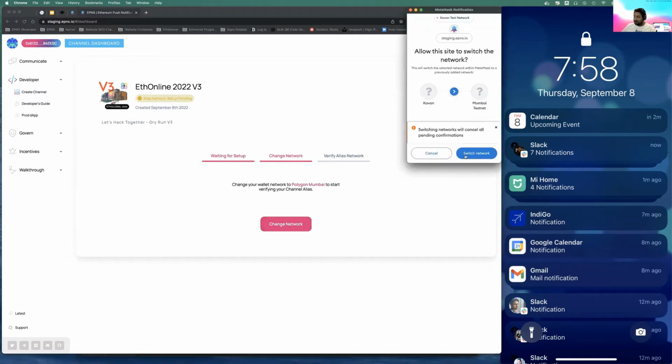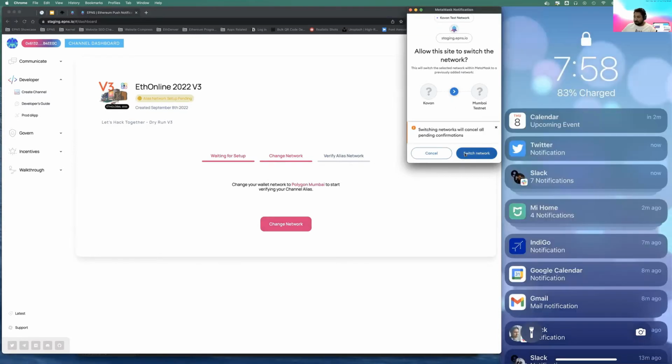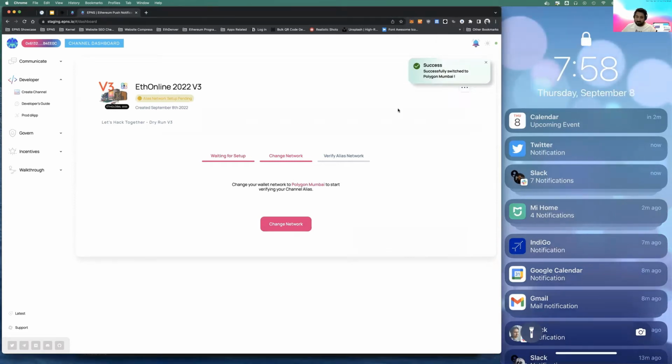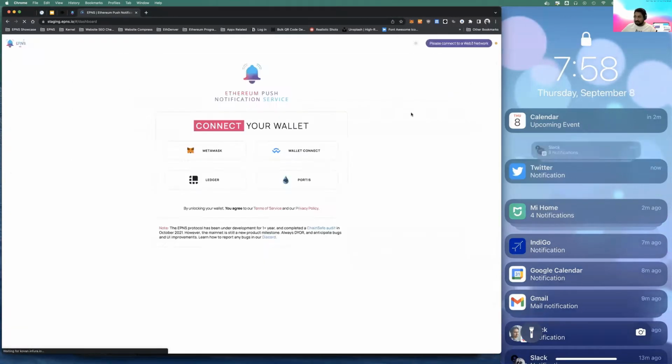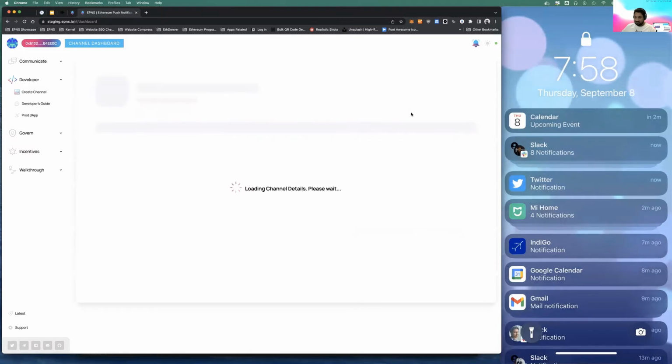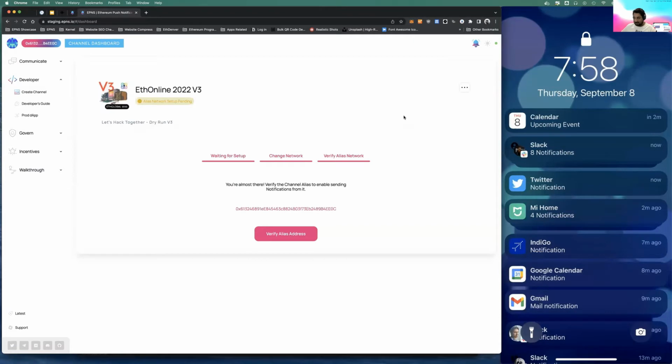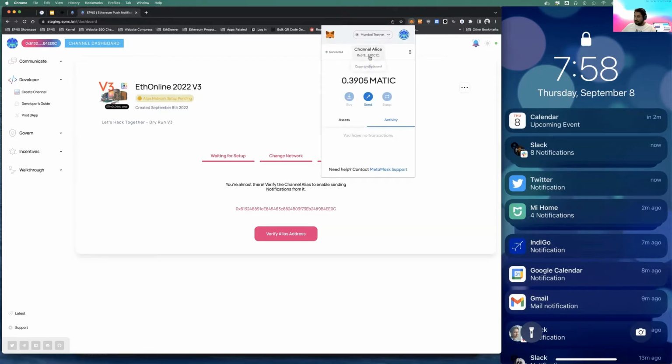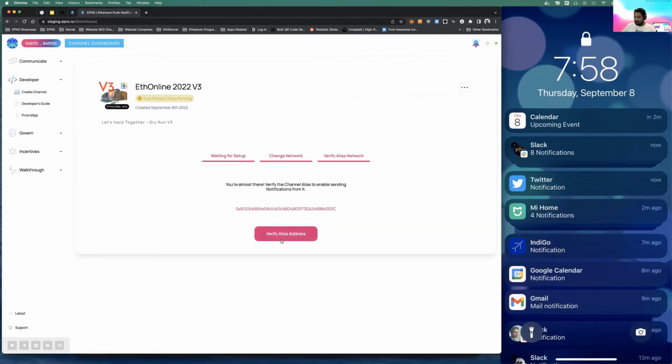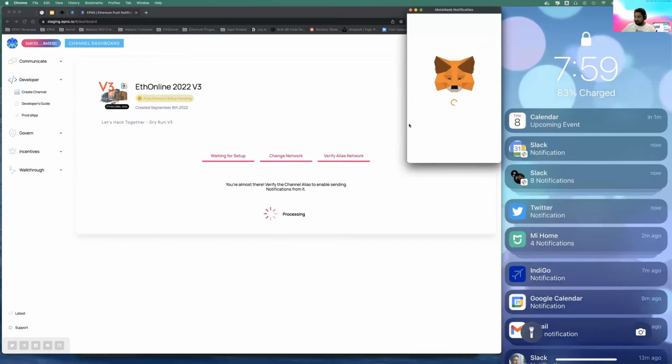So I'm going to change the network. Make sure you have Mumbai testnet added. If you haven't added it, you can add it by just Googling around it or going to Matic test Polygon network and seeing how it's done. So I have switched my MetaMask to Mumbai testnet, and all I have to do is now verify my